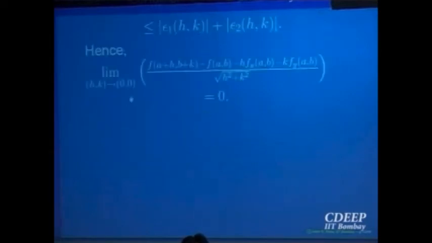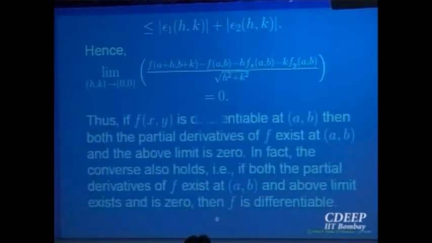So that means saying that the function is differentiable means partial derivatives exist, and that linear thing, f of ab plus h fx plus k fy, that is a linear thing, right? That is going to give you a tangent plane later on when we come to tangent plane. That should be equal to 0. So that is what I have written here. Saying that the function is differentiable at the point ab means both the partial derivatives exist and this limit is equal to 0. That is a necessary and sufficient condition, or an equivalent way of describing it.